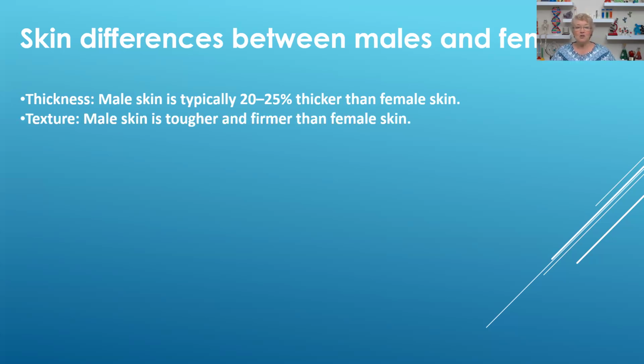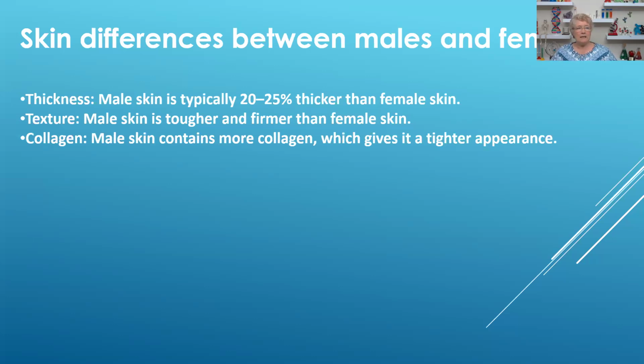Female skin is usually thinner and more delicate, and it ages a little bit more quickly. All right, texture is often different. Again, this is primarily due to collagen. Male skin is tougher and firmer than female skin because male skin contains more collagen, giving it a tighter appearance. So again, usually they show signs of aging later, but once aging starts in a man,